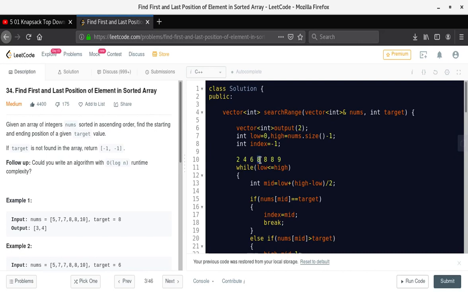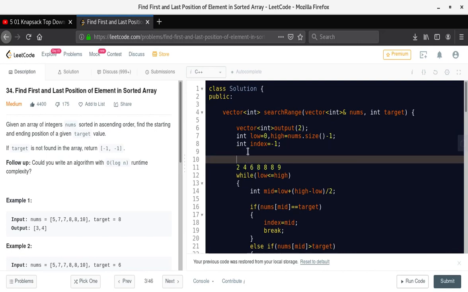Whenever we get the first occurrence of 8, we push it into our vector at both index 0 and 1, because it may be possible that there is only one value present. So okay, we push it, right?